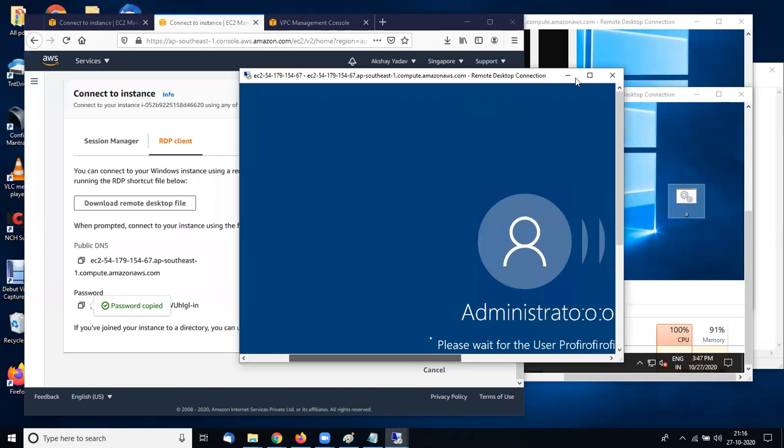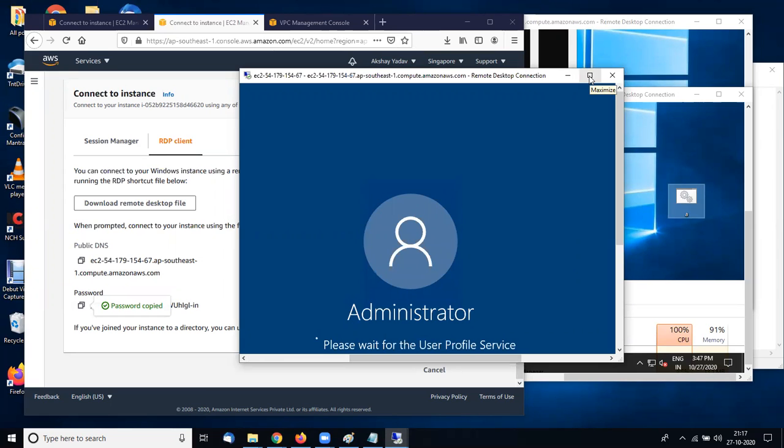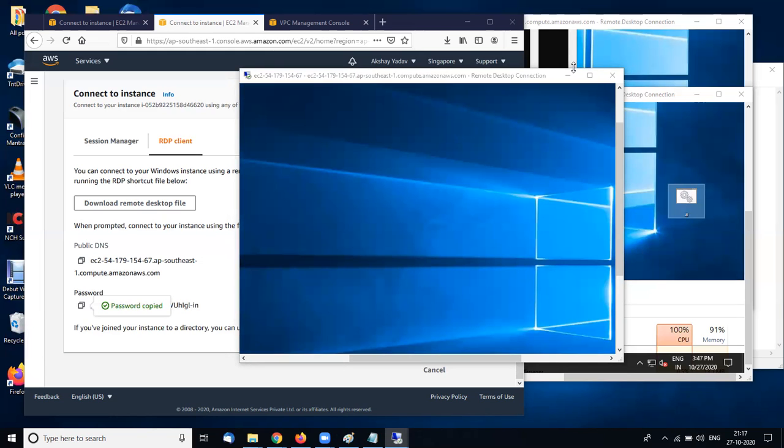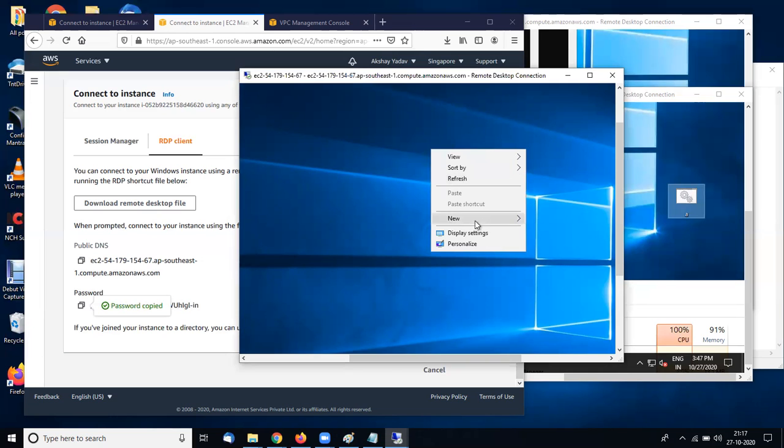So here, my instance is launched, and again I'm creating one bat file for CPU utilization.